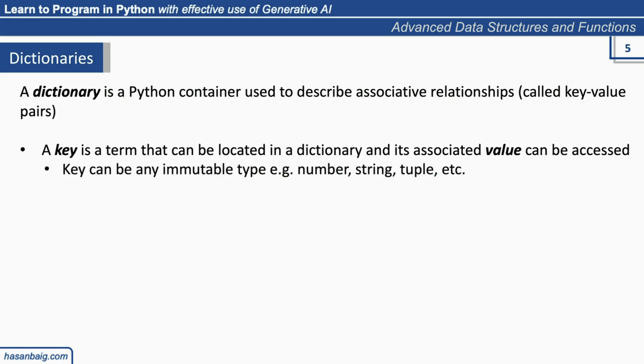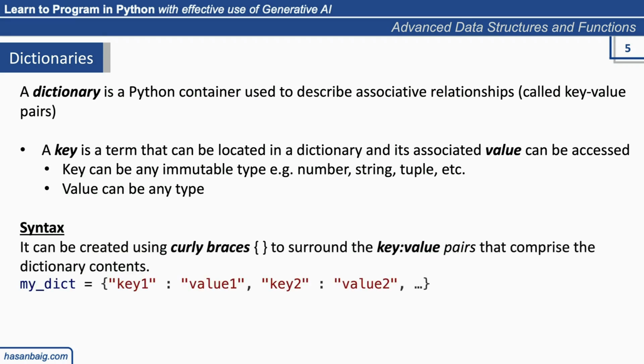A key can be any immutable type. It can be a number, a string, a tuple, etc. The value associated with the key can be of any type. It can be an integer, a float, a string, another list, another dictionary, or a tuple as well. Okay? So let's see how we create a dictionary: by enclosing comma separated values